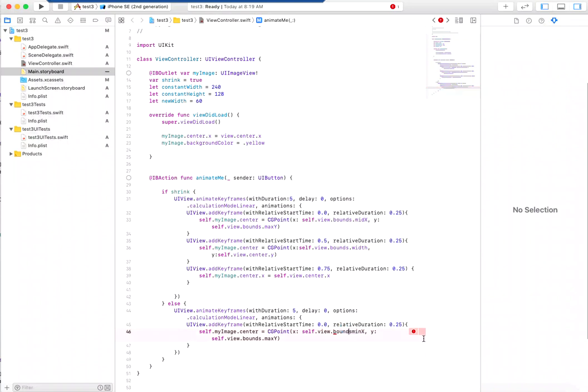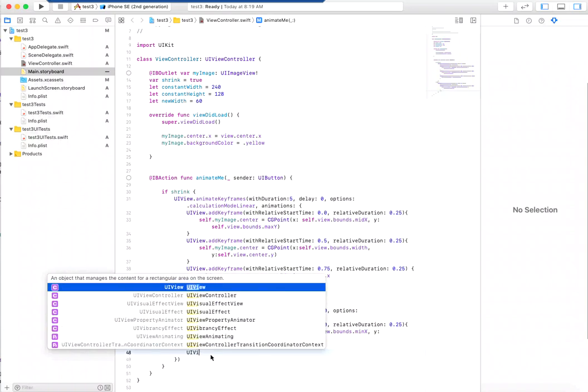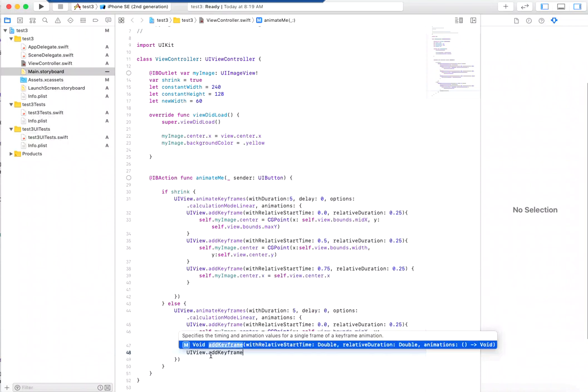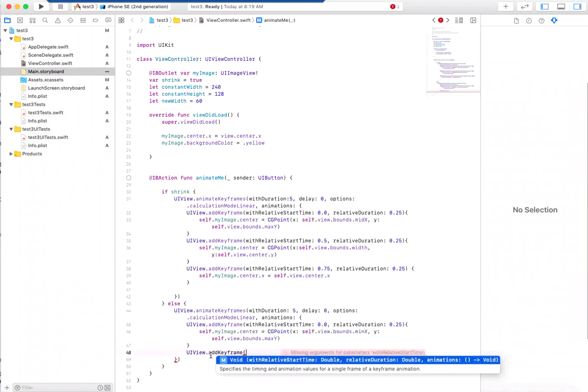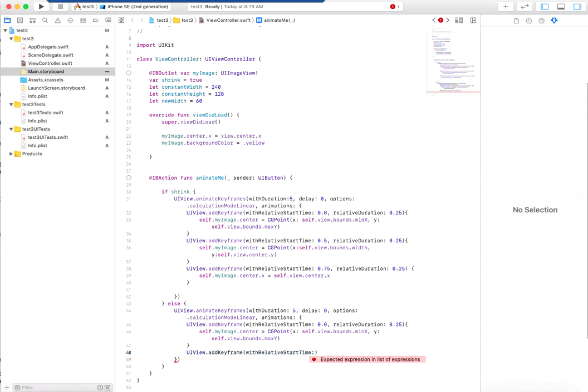And I'm getting an error, and it's because I forgot a dot after the bounds here, so let me add that. And then I can return and begin another UIView statement. So I'll say UIView.addKeyframe in open parenthesis with relative start time colon 0.5, relative duration colon 0.25 open curly bracket